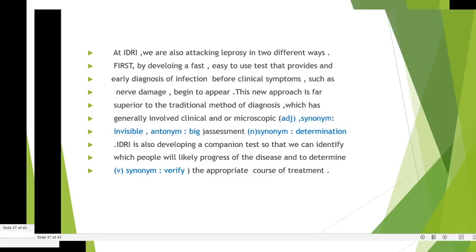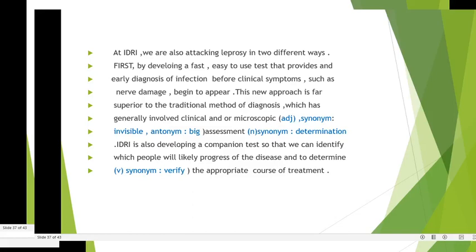IDRI এ আমরা কুষ্ঠরোগকে দুটি ভিন্ন পদ্ধতিতে মোকাবেলা করছি। First, by developing a fast, easy-to-use test that provides an early diagnosis of infection before clinical symptoms such as nerve damage begin to appear. প্রথমত, একটি দ্রুত ও সহজ ব্যবহার্য পরীক্ষার মাধ্যমে সংক্রমণের প্রাথমিক লক্ষণসমূহ প্রকাশ পাওয়ার আগেই রোগ নির্ণয় করা, রোগ নিরূপণ করা। প্রাথমিক লক্ষণগুলো যেমন হচ্ছে স্নায়ুর ক্ষতি প্রকাশ পাওয়া। ক্ষতি প্রকাশ পাওয়ার আগেই রোগটাকে নির্ণয় করে ফেলা।